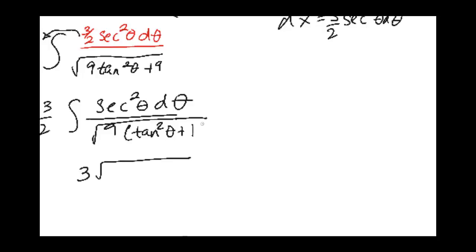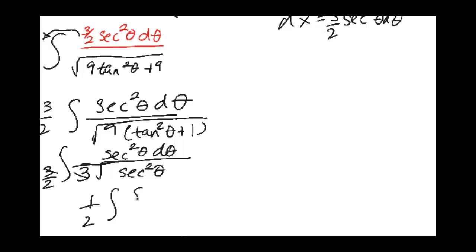And that tan squared plus 1, if you remember, equals secant squared. So what will happen is that 3 in the denominator will cancel with this 3 in the numerator. And you'll be left with 1 half integral of secant squared theta d theta